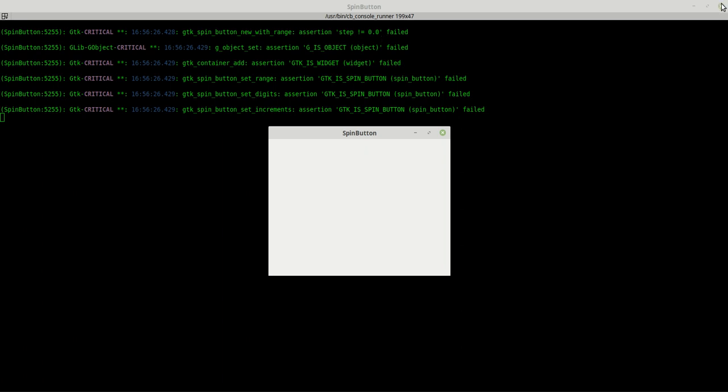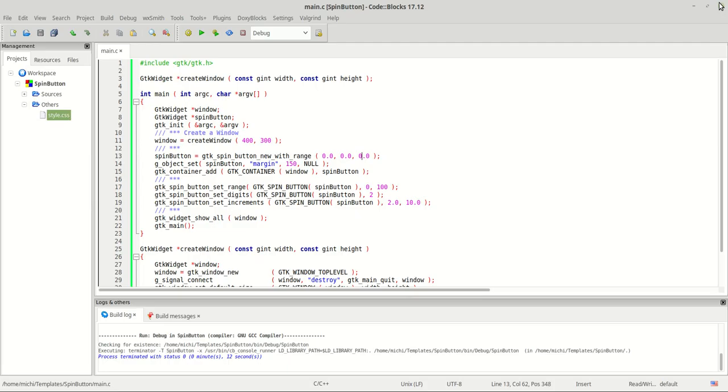Okay, which failed, of course, is not equal to 0 because it is equal to 0. So basically, this is the problem which I wasn't sure that I'm right. Now I know. So if you work with this function and you don't set its values, you should remember that at least the step should be 1, or not 0. Okay, good. So that being said, we have the SpinButton set increment set this time to 2 for